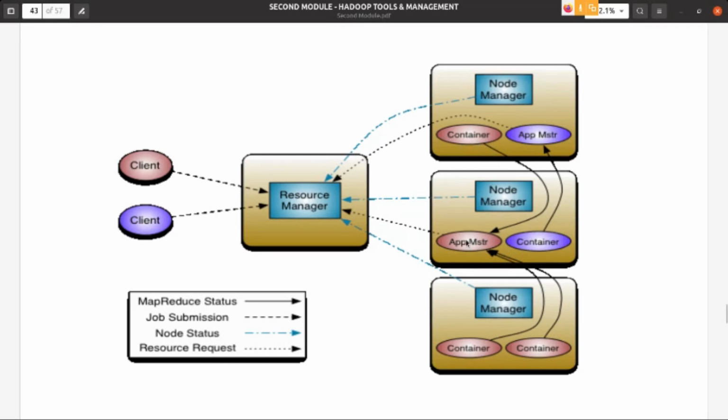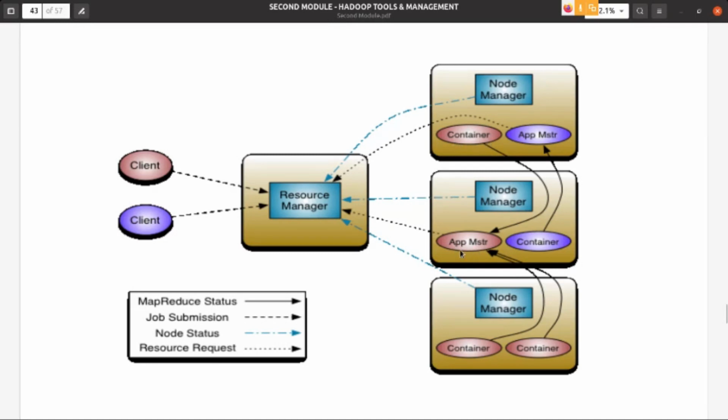That means this application master is responsible for running one MapReduce application, and that application needs this data node. So we run that task inside this container, using the resources available in this container.